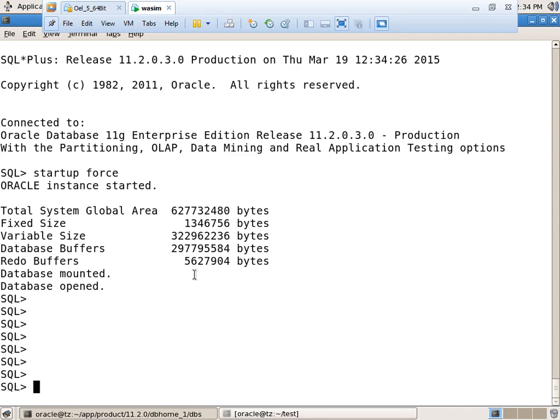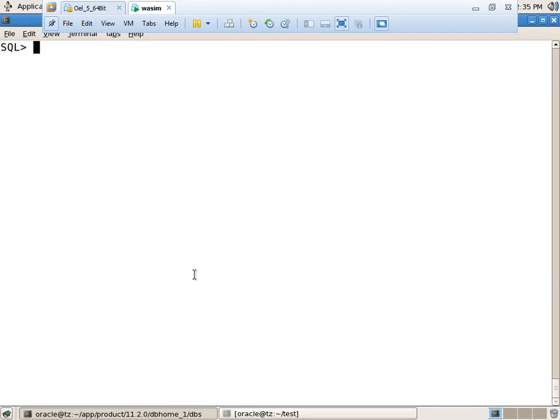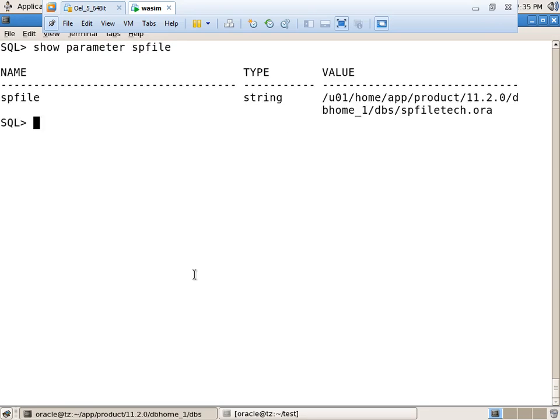Now I am checking. Before checking, I am clearing the screen. Show parameter spfile. Our instance is started through which file? SP file, right?